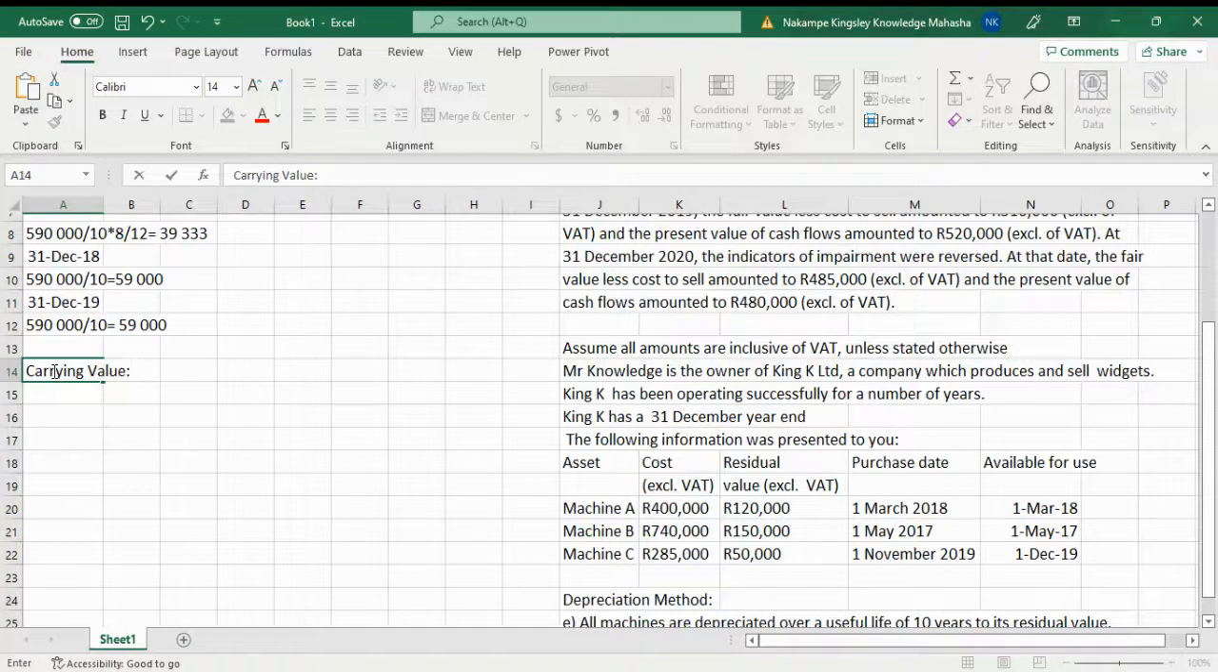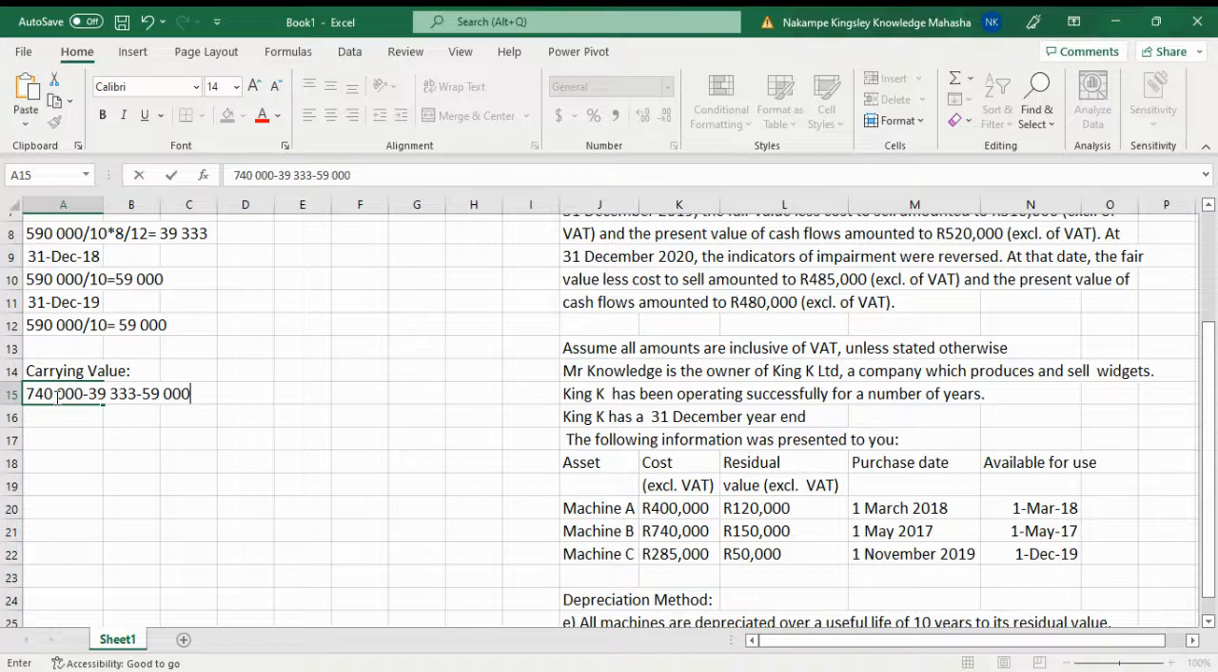What is the carrying value? Carrying value is the cost price minus accumulated depreciation. And our cost price is what? 740,000. Our accumulated depreciation is the sum of all depreciations that we had all this while, right? We're going to subtract